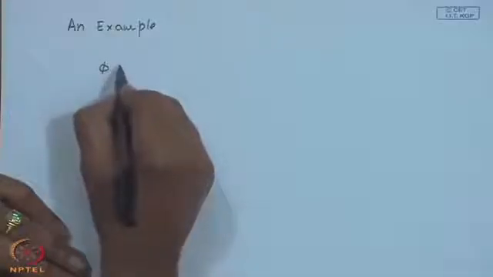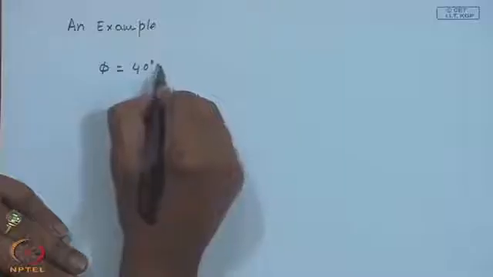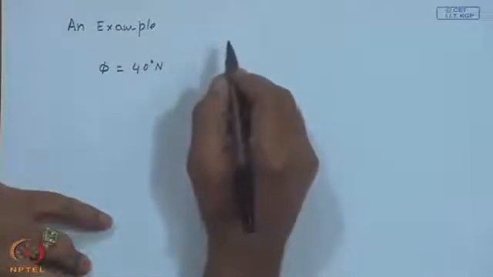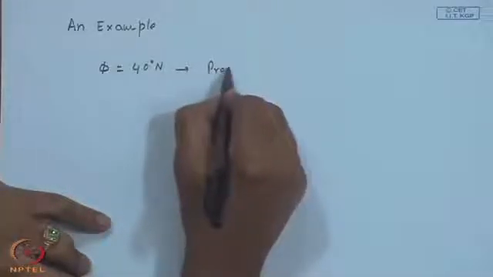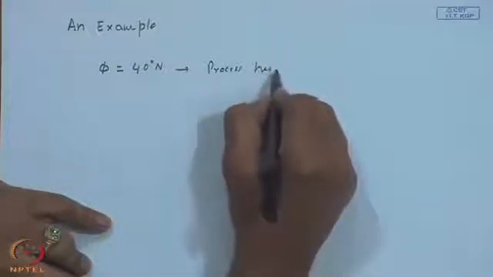So, the location is at a latitude of 40 degrees N. In fact, this example is from the textbook by Duffie and Beckman, except few things I have changed here and there, and this is for a process heating system. This is to bring out certain details,